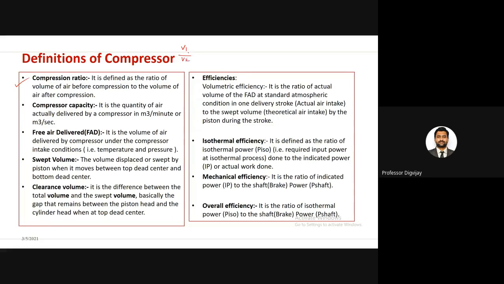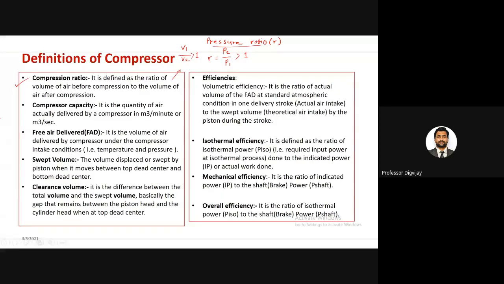Another ratio here we call the pressure ratio. It is also denoted by small r. This r is the pressure at the delivery, P2, divided by the pressure at the intake, P1. So if I'm talking about the compression ratio, that will be V1 by V2, where V1 is the initial volume and V2 is the final volume. V1 is larger than V2, so this will always be greater than 1. And the pressure ratio is the ratio of the pressure at the outlet, which is always higher compared to the inlet, so this will again always be greater than 1.